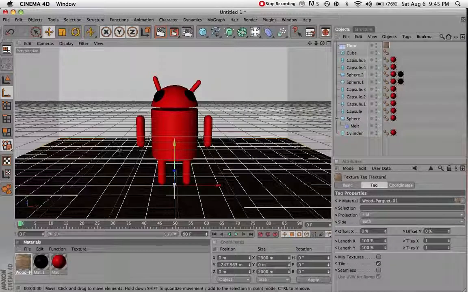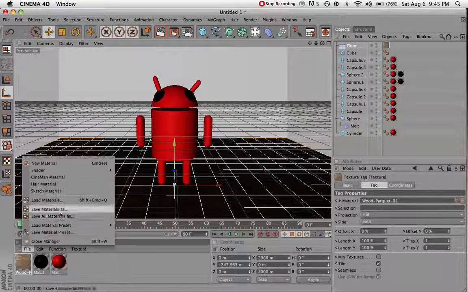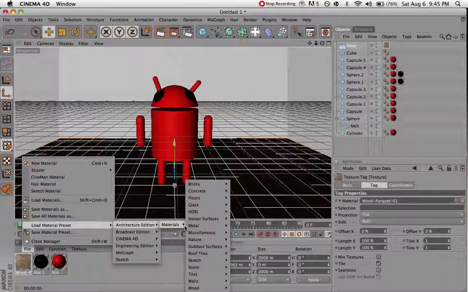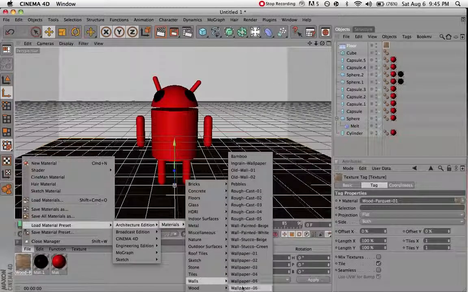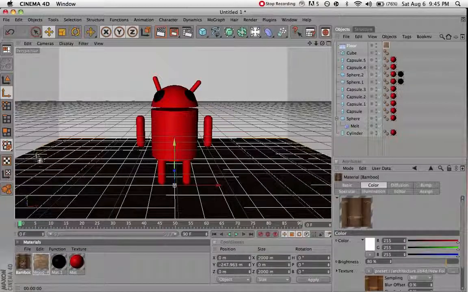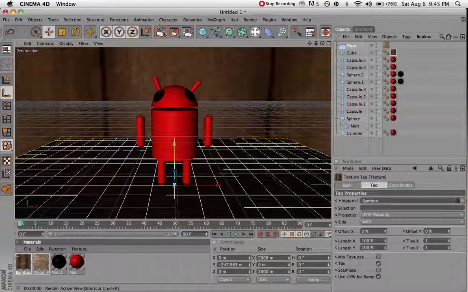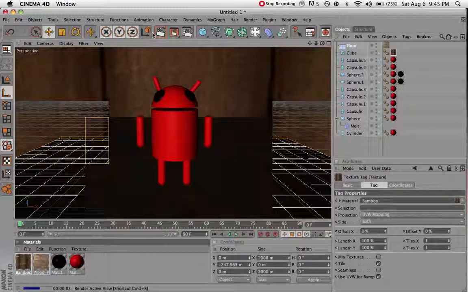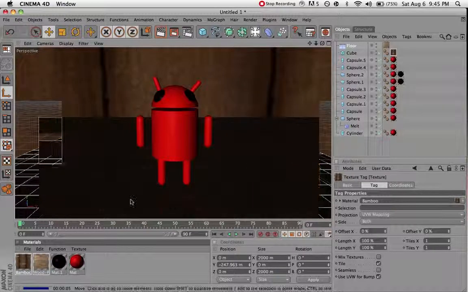So if I pop them on there and I go back into that load material set, architecture materials, go into walls, and you have a whole bunch of wallpaper here. I'm just going to get some bamboo because bamboo is quite nice. Drag it onto the cube, and as you can see here, I've got a nice little